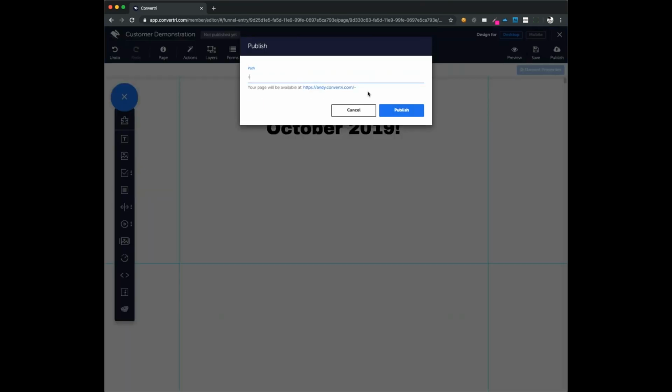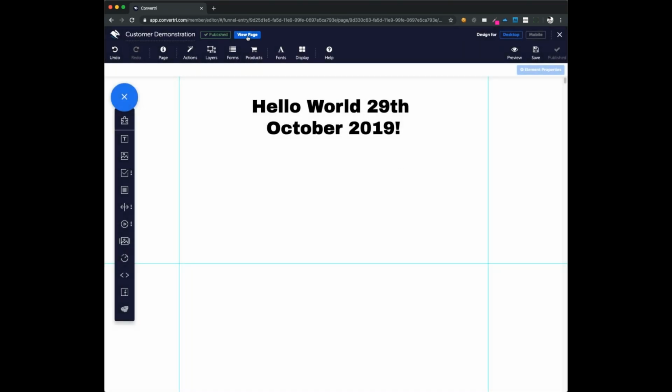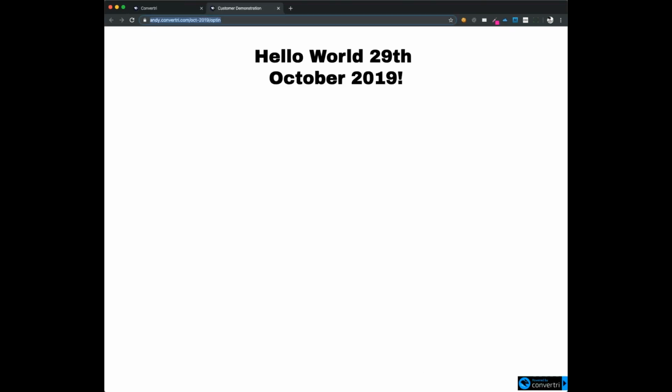So I'm going to publish this. So this is Ox 2019 / opt-in. Publish that. And I'll let you guys follow along at home. I'm going to stick that in the chat box there. So if you do want to see what I'm building as we go, I'll keep publishing that so you can